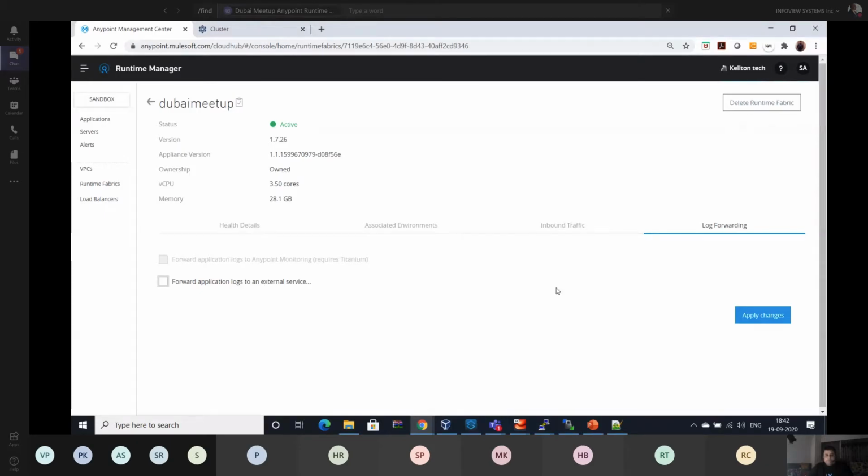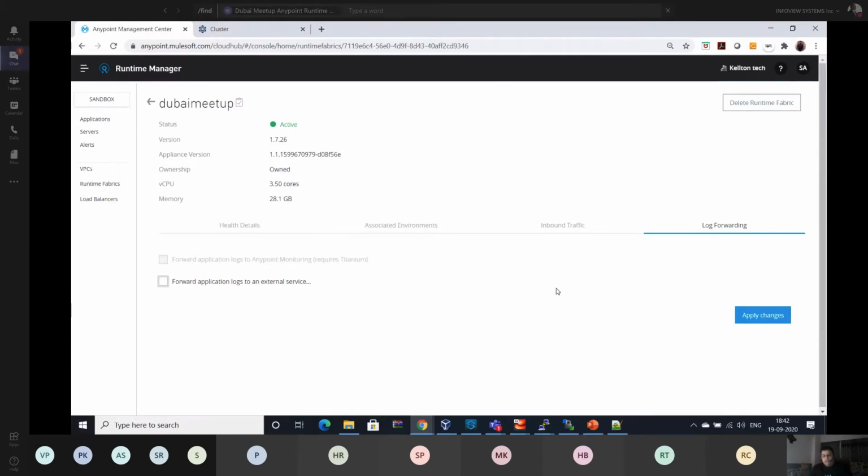And asking about the logs in Runtime Fabric, the application always creates its own logs. MuleSoft provides the Runtime Fabric services and the scripts that need to be executed on the controller, and the controller keeps rolling logs of the services or containers where the application has been deployed.